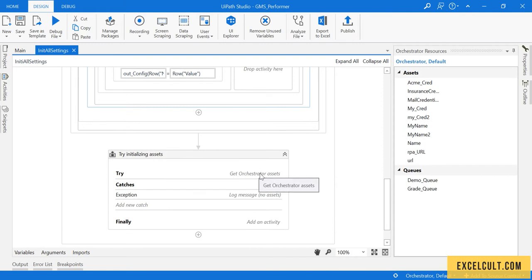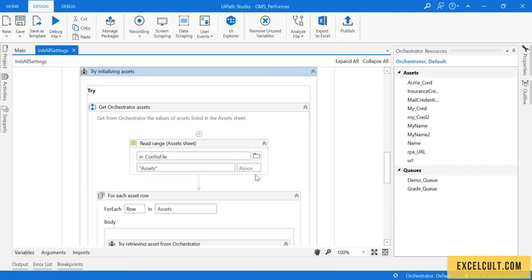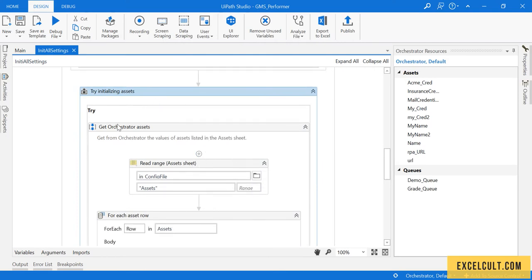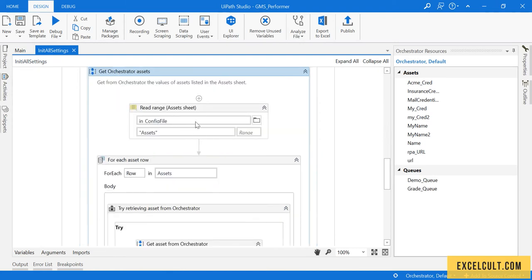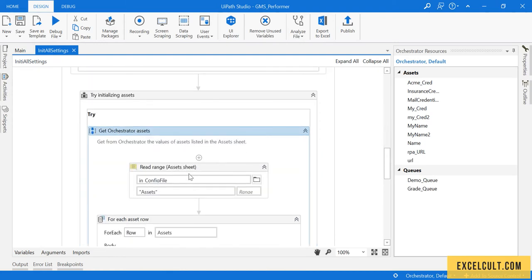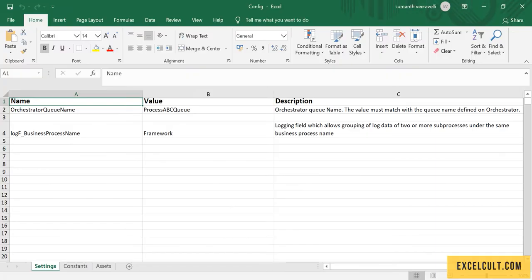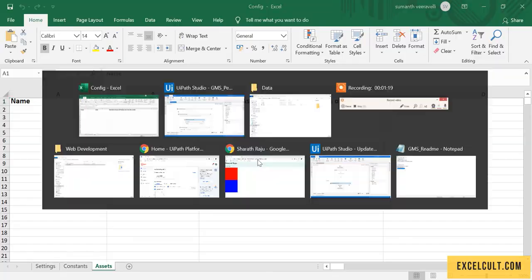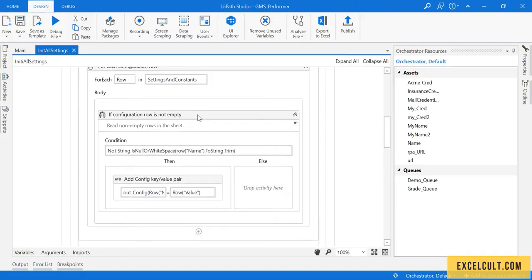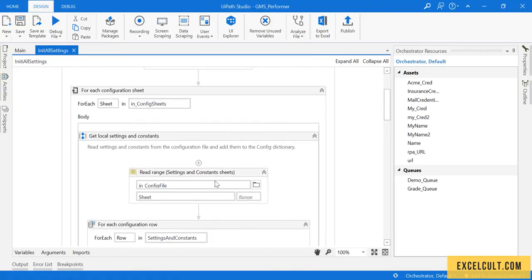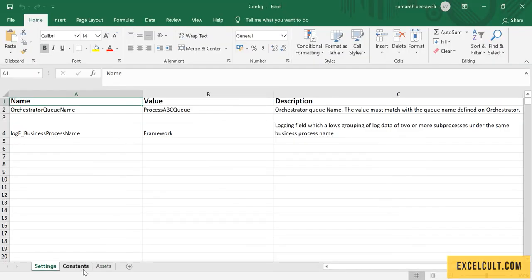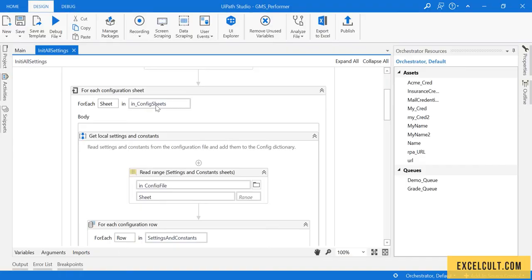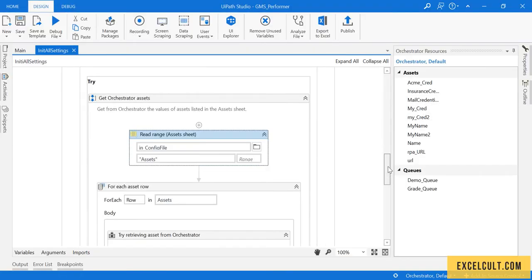And the other thing right here, what we can see is there's something that we haven't discussed earlier. What it will try to do is read this particular file, which is assets. The first code that we have seen, this sequence will help us to read settings and constants because they are of similar kind. And the second sequence, which we can term as